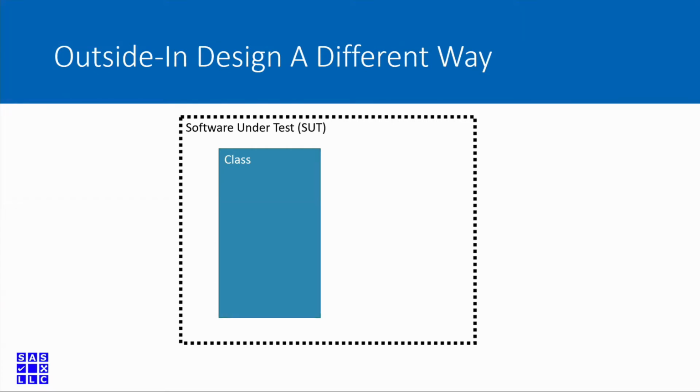For me personally, that's not the way my brain works. I identify much more with this outside-in design. So the idea here is you look at the problem as a whole, right? And instead of starting out by just writing a little test, you kind of do a little bit of design first. So you decide that the functionality, the behavior that you want is going to reside in a class or a library, depending on what your needs are.